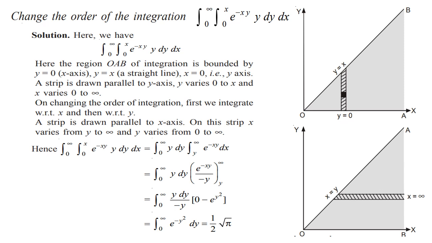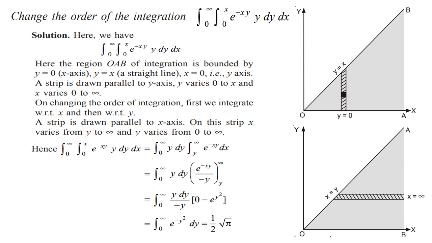A strip is drawn parallel to the y-axis, and here y varies from 0 to x and x varies from 0 to infinity. Now, by changing the order of integration, first we integrate with respect to y and then with respect to x. Hence, integral 0 to infinity, 0 to x, e to the power of minus xy, y dy dx will be written as integral 0 to infinity y dy, and y to infinity e to the power of minus xy dx. So, first when I integrate with respect to x, I will be getting it as integral